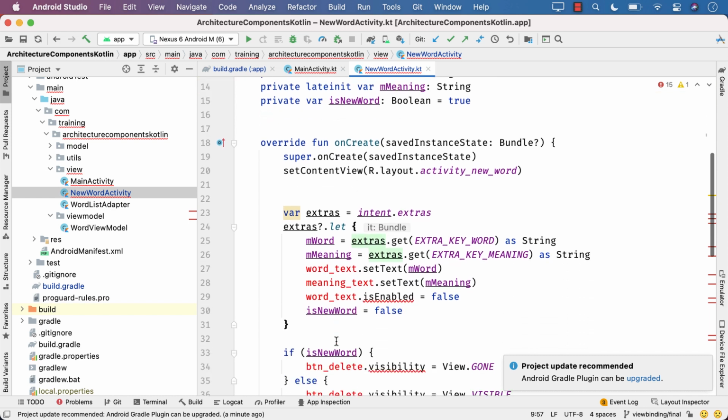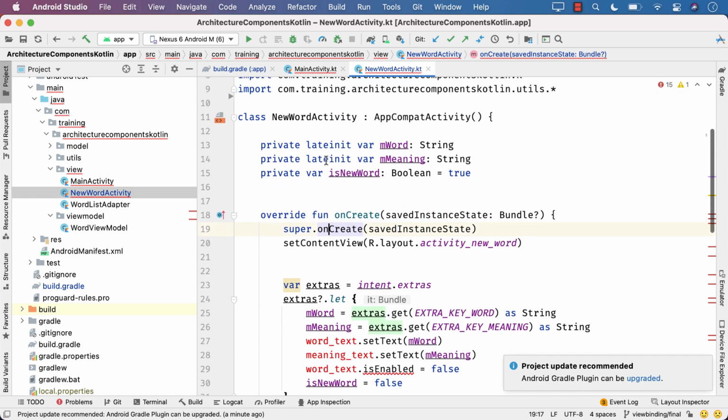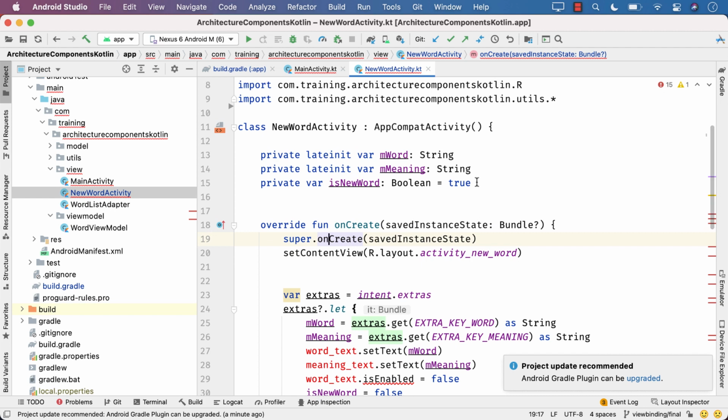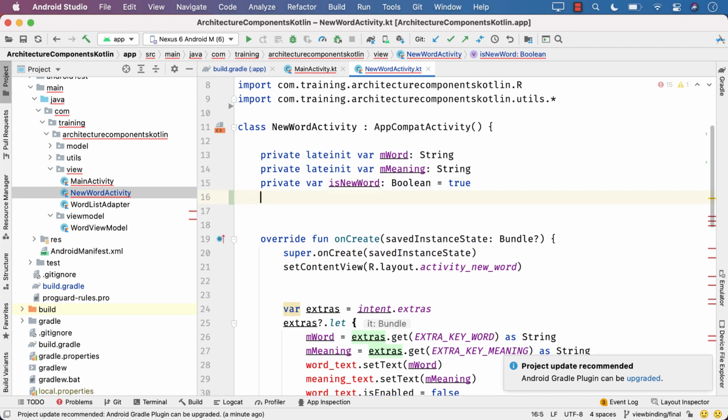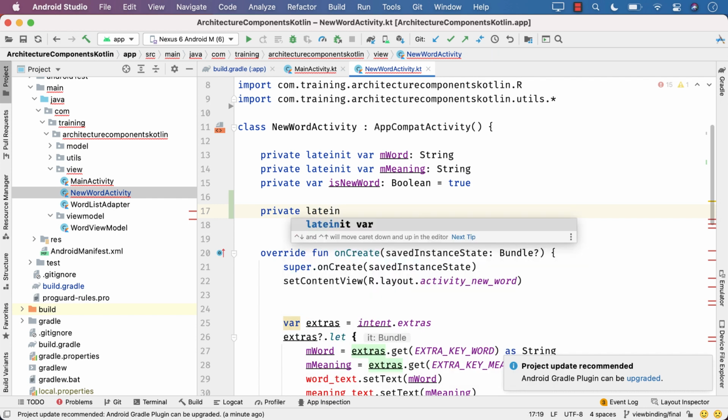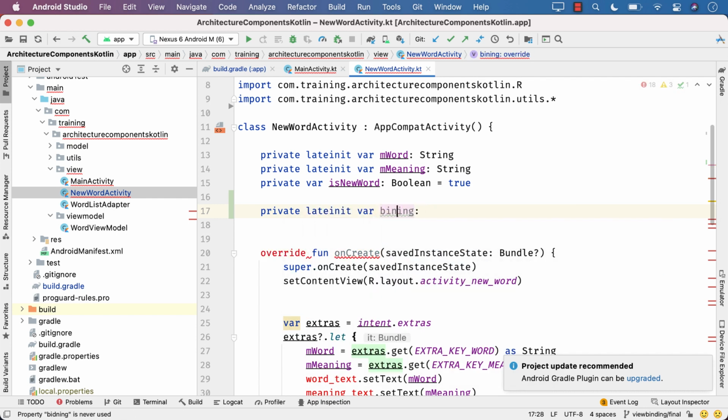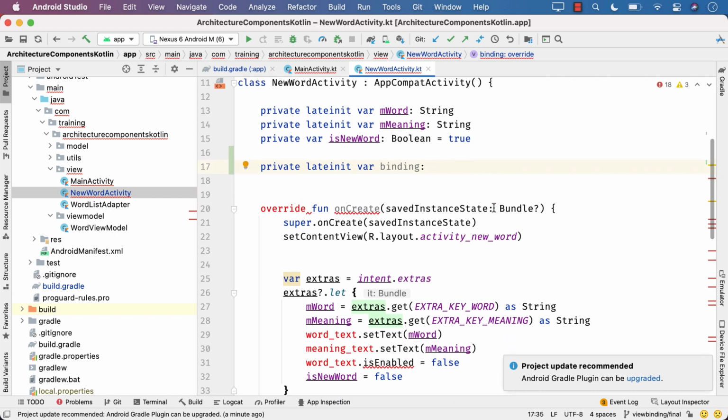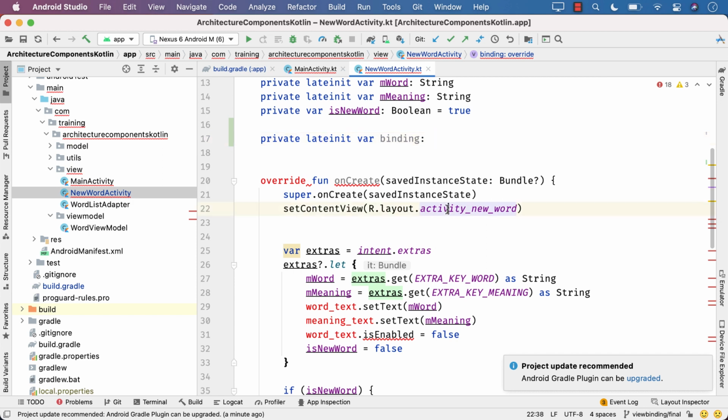Now you see this in red. First of all, we will use view binding. So for that, first create a binding variable. Name the variable binding, and it will be of the type or the class depending on your layout file.